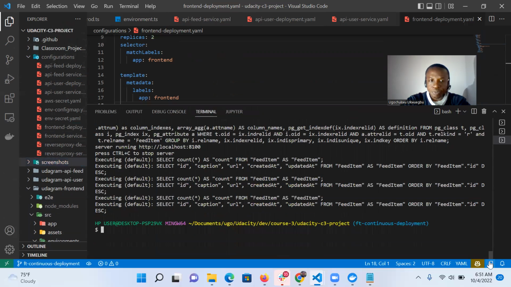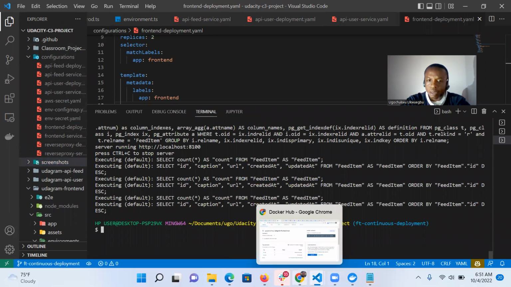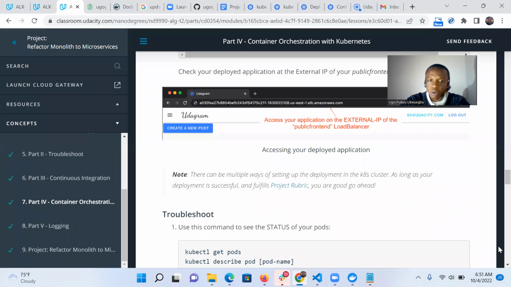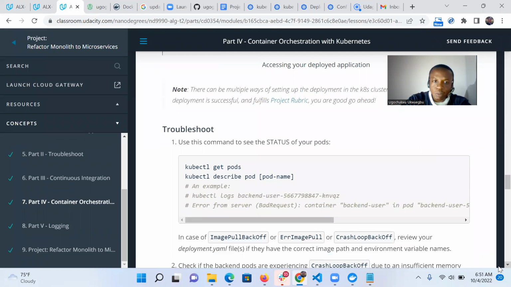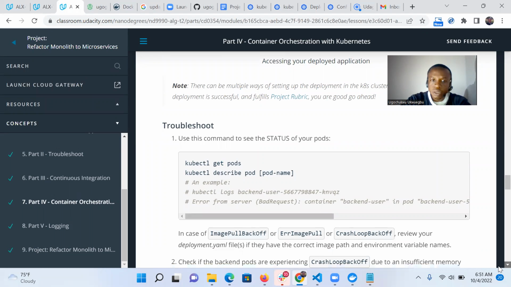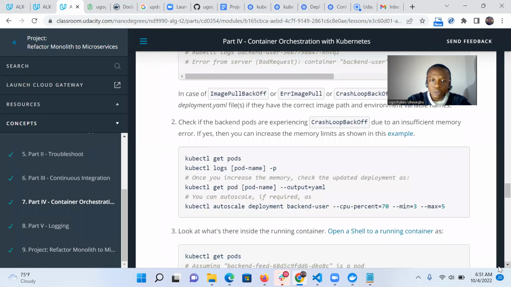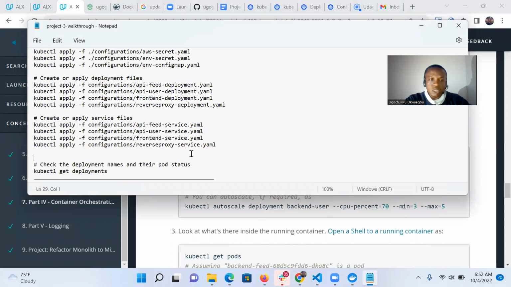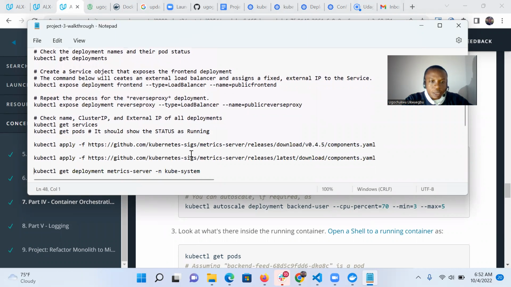All right, so having done that, let's go over our project instructions to see that we've done most of what we need to do to meet the requirements of our rubric. Okay, we've done kubectl get pods, kubectl describe pods, and kubectl logs for the pod. Some more things we need to do: kubectl autoscale. To be able to record metrics in our server, which doesn't come by default in Kubernetes, we need to install a metric server